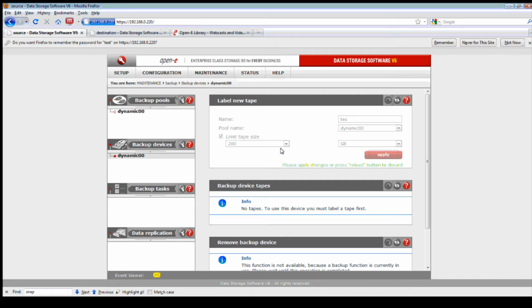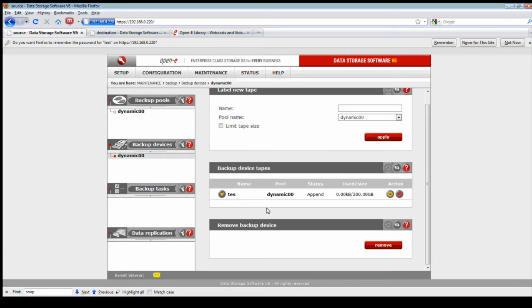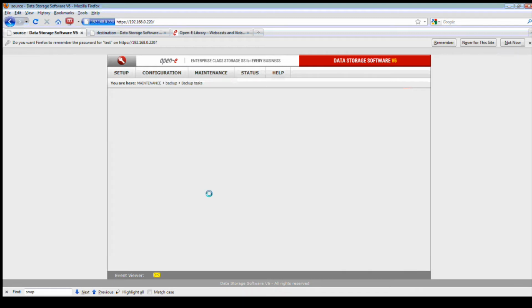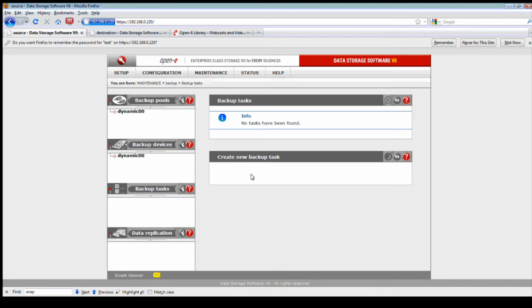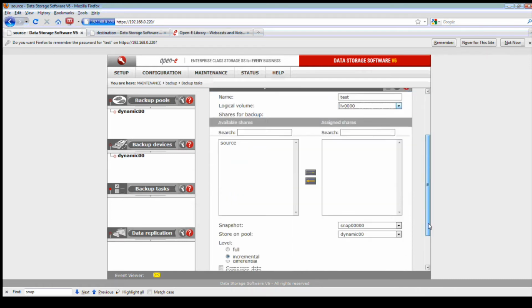So if we go to backup devices here, then I'm able to go ahead and specify where or what. If I want to use a share, I can. Or if I created a USB or an iSCSI target as a dynamic unit, such as what I have here as a volume is my dynamic unit, I could specify that as well. So if you look, I've already created dynamic 0, and of course there's a video on this. So this is another form of trying to back up your data associated with some disaster recovery methods.